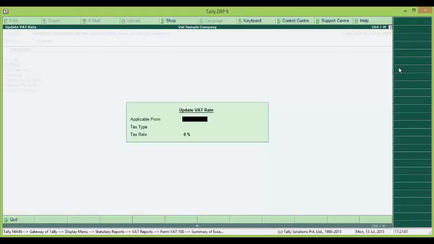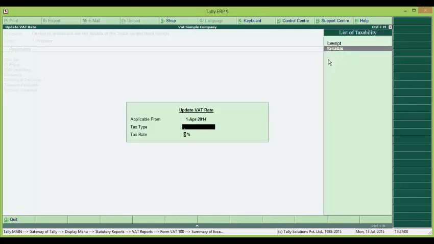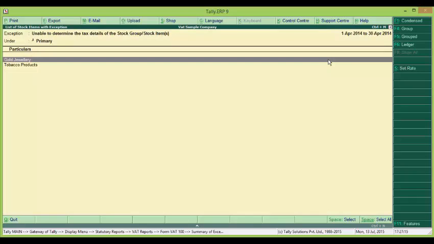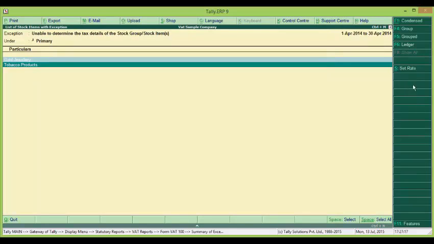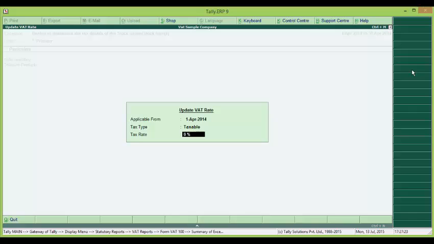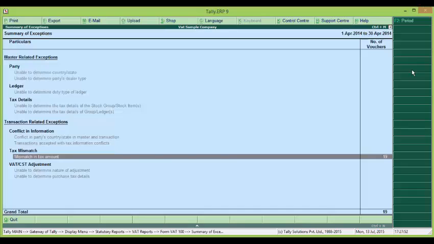We will set the rate at 1st April, taxable, 12.5%, and gold and tobacco we will give a higher rate. 1st April, taxable, and this will be 14%.